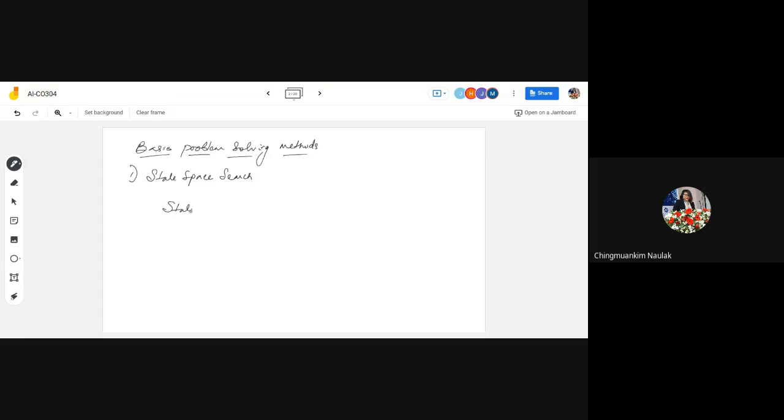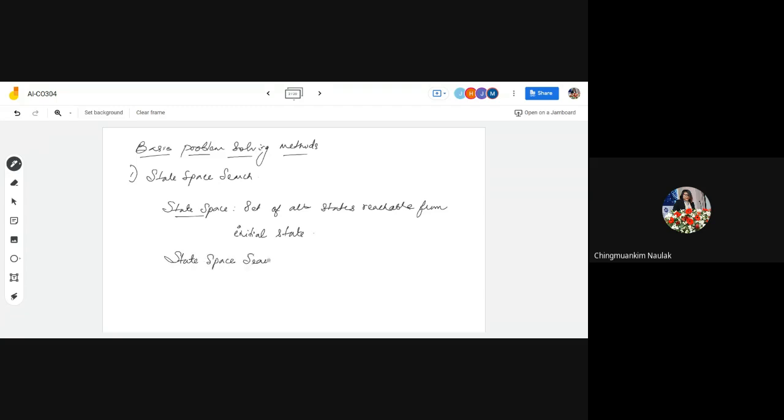What is state space? State space is the set of all states reachable from the initial state. Okay, what is state space search? It is the application of the operator to a state and subsequent transitions to the next state until the goal state is reached. Okay, so you can write down